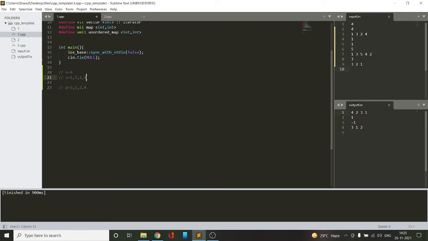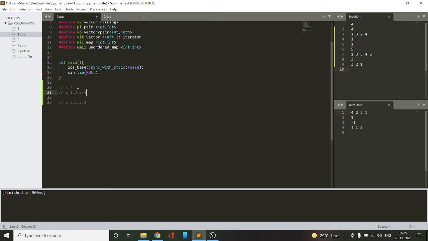And if we do not find the value of n at the 0th or the n minus 1th index, then we can tell that no such permutation is possible. So this is the case where we'll have to print -1. And apart from that, we can say that the last value of p must have been 4, and we will now have to observe how the value of p can be deduced from a. So what can be the value of p, so that we can deduce a at last?